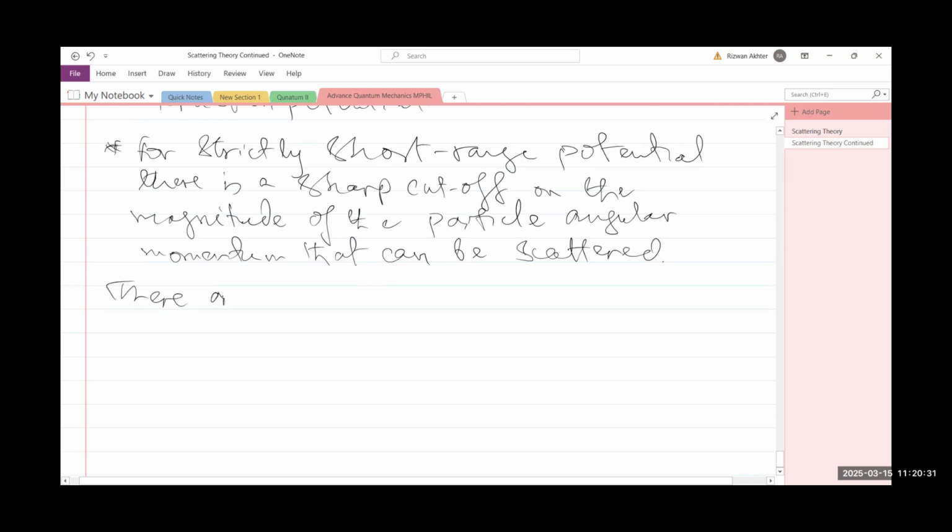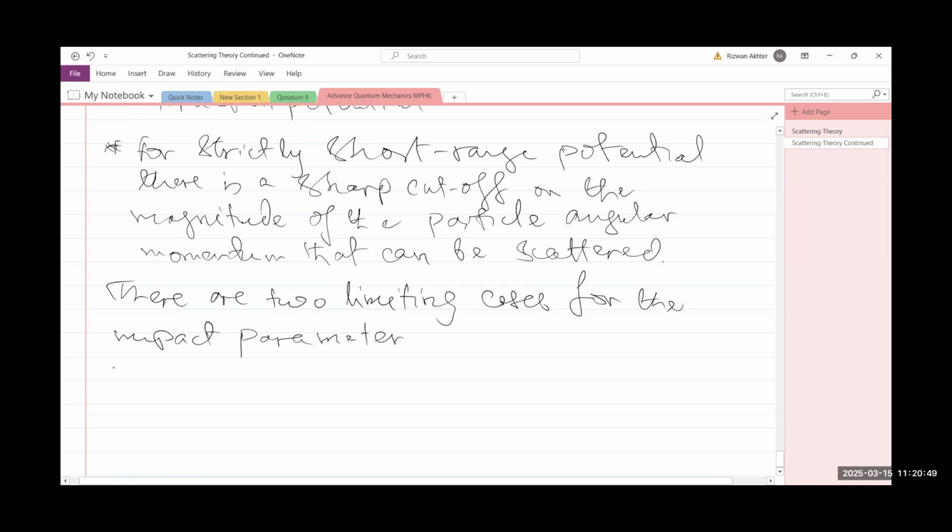There are two limiting cases for the impact parameter. Number one, b tends to 0. This would imply the deflection angle theta is equal to 0 or theta is equal to pi. दो ही बातें हो सकती हैं, ठीक है ना? b is equal to 0 पर deflection angle